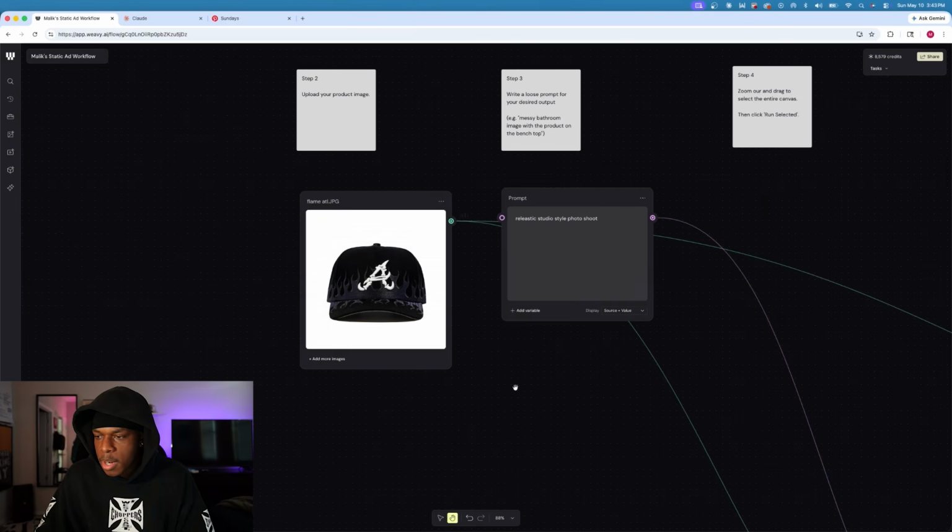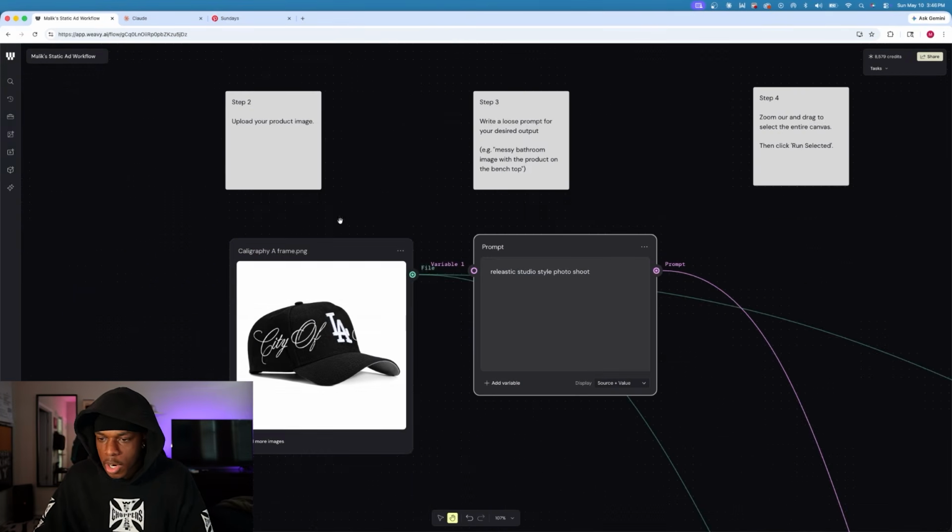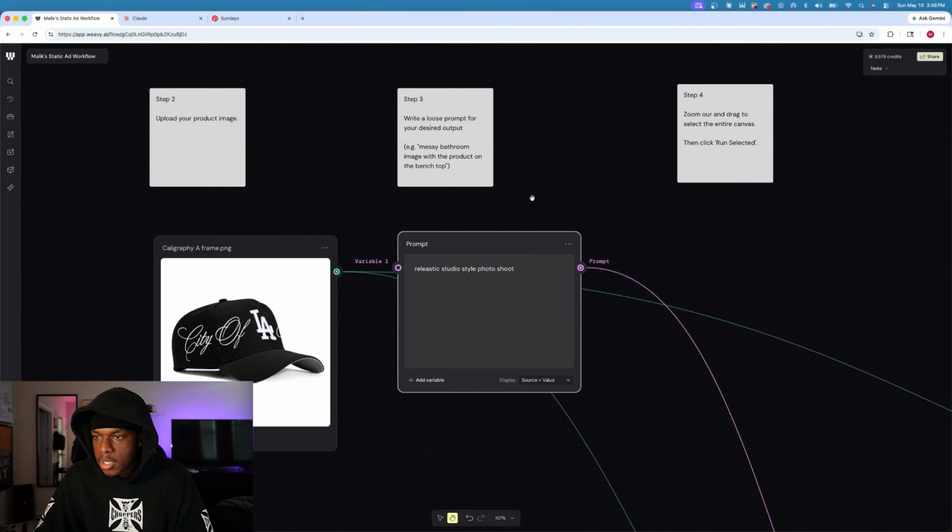This is one of the new items I'm dropping for my brand. I'm going to swap this out for something different. That way we can get some new content generated. All right, so I switched in a new hat, and that's going to lead us to step 3, where we